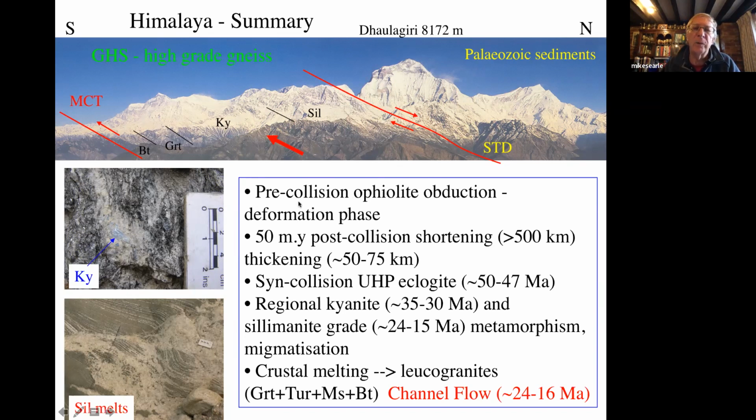So we have a sequence of pre-collision ophiolite obduction, supra-subduction ophiolite in Ladakh, crustal thickening during that and following the collision of India and Asia, largely by folding and thrusting, and then post-collisional shortening of at least 500 kilometers and thickening to approximately double crustal thickness today. We have syncollisional eclogites dated at 50 to 47 million years, which could be the tail end of the ophiolite obduction as the continental crust is dragged down the subduction zone, which leads on to the full Barrovian regional metamorphic